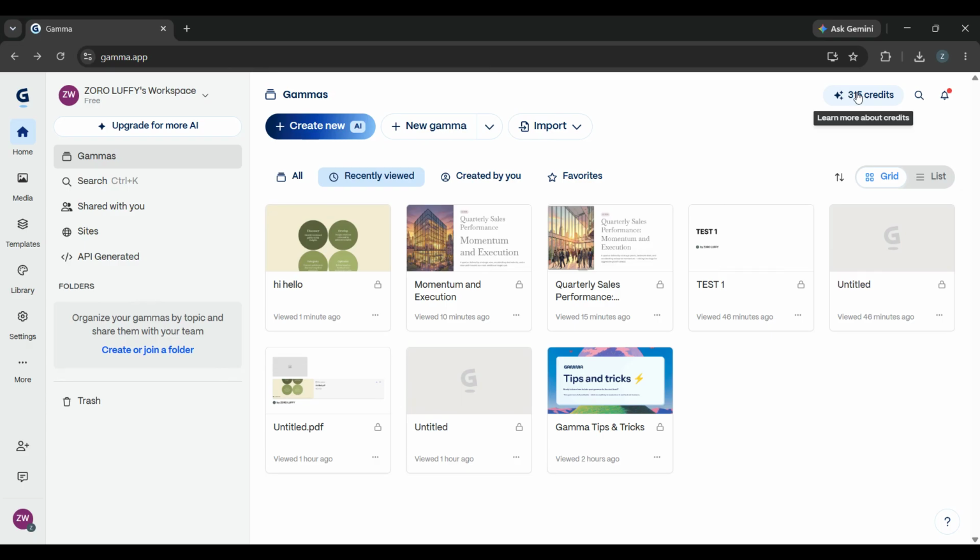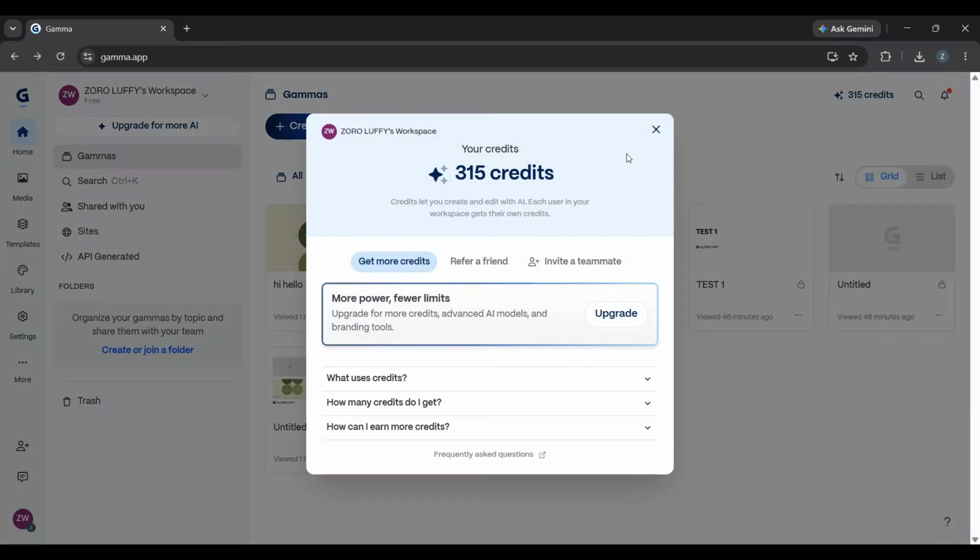ready to use. Now to check your credits, look at the top right panel inside Gamma. You should see a credits icon there. Click on that credits icon and Gamma will show you your credit balance along with the different ways you can earn more. This is the easiest place to understand how many credits you have left and what actions can help